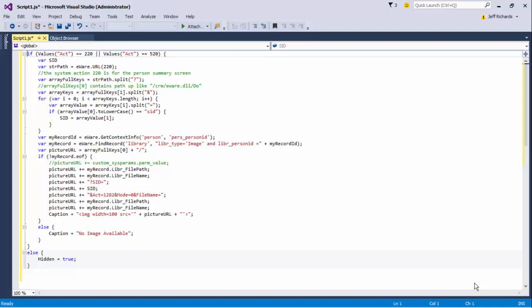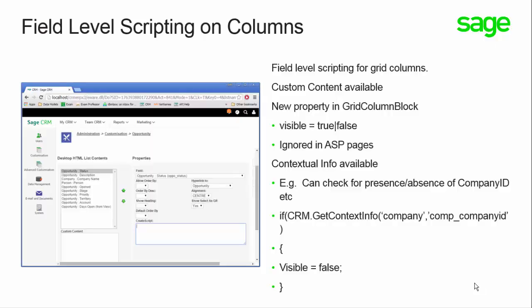Now, my last note as I talk through create scripts is just to point out that create scripts can also be added to the columns that are included within list blocks. Same sorts of things can be done, but the properties are slightly different with the objects. Instead of entry objects, they are grid column objects, and there's some slight differences. The properties are different, but it does allow you to control the display of columns in grids and the changing